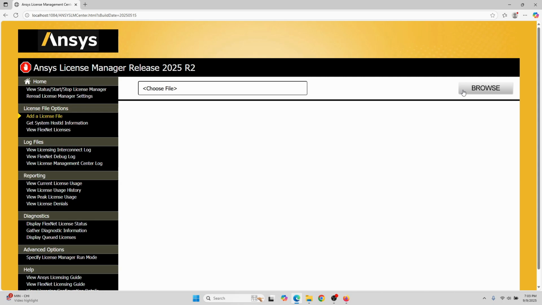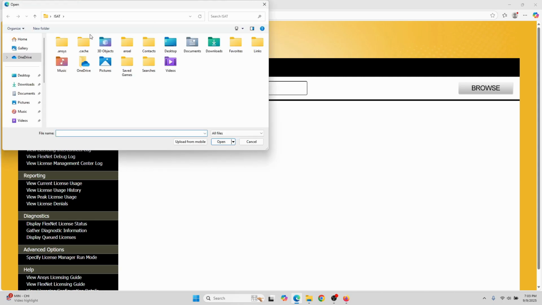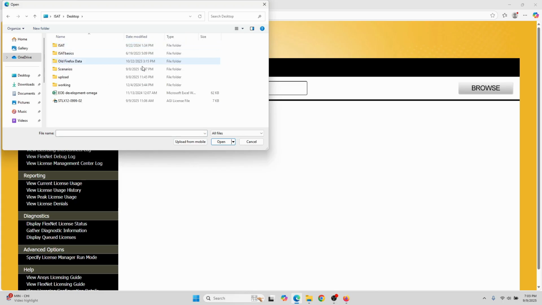So then it says Choose File. We're going to click Browse, and it's going to bring up a window for us to navigate to where your file is. Now, here's where you're going to have to keep track of where your file is. If you downloaded it from your email, there's a good bet that it ended up in your Downloads folder, and you can click over here. That is not where mine is going to be, though. I put it on my desktop. So I've gone over to my desktop, I've selected that, and I can see it here,